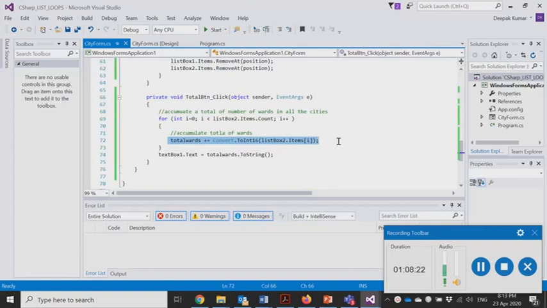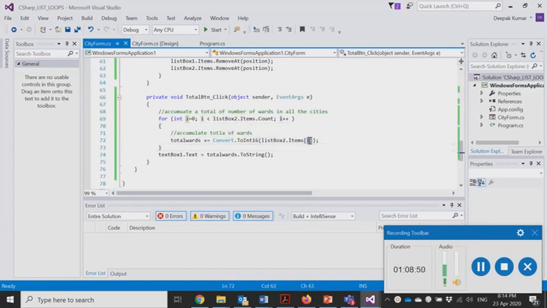So this is the process of accumulation, where you are using a plus equal to assignment increment operator to accept all the values into a variable here. This list box, as I said, is treated as an array. That is why you can accumulate all the values of an array by using the items property with an index number in a square bracket. So first this loop will execute with 0.